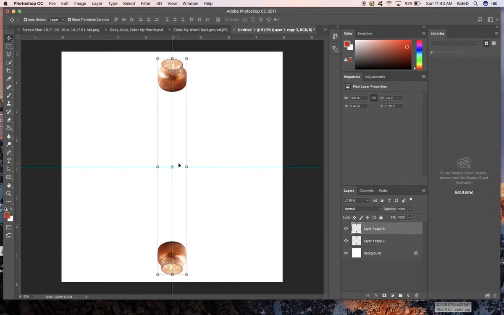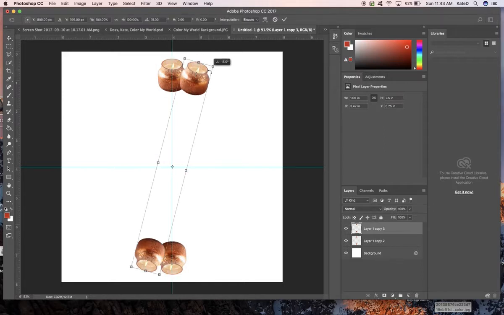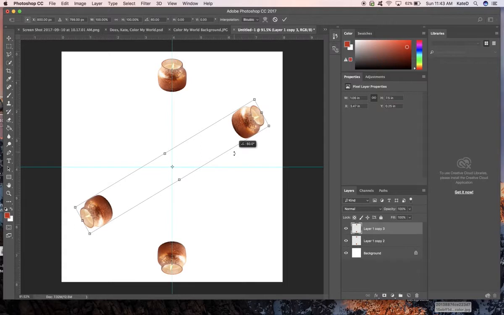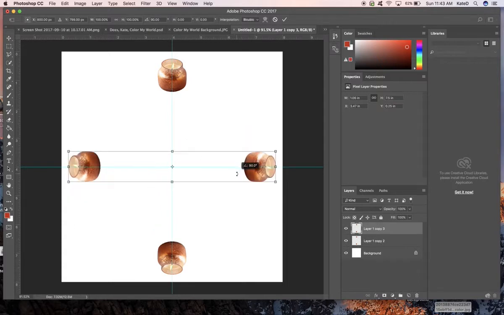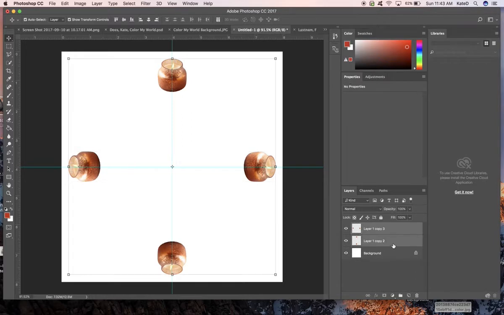The anchor point is still in the center, so I don't need to do anything with that. I'm going to hold Shift while I hover over the corner, and now I'm just rotating it about 90 degrees. And I have 4 images of the candle. I'm going to press return to finish the transformation, go over to my layers panel, hold down Shift, have just